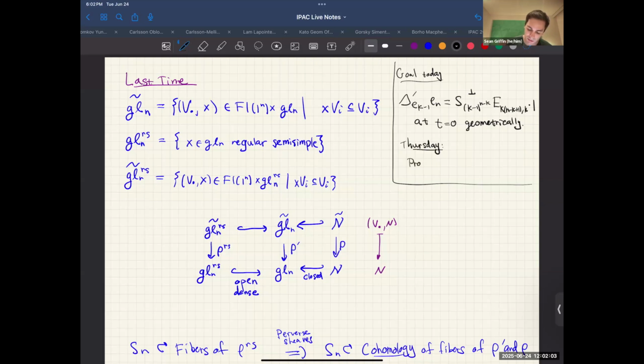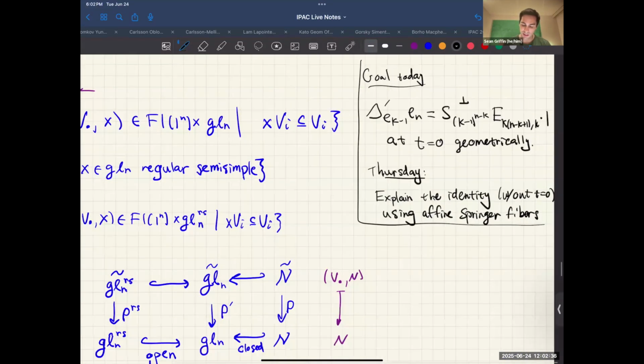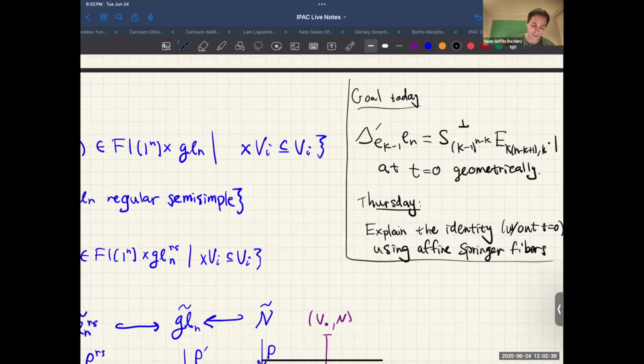or let me just say, explain the identity, not setting t equals 0, using affine Springer fibers. And kind of the upshot, t equals 0 is